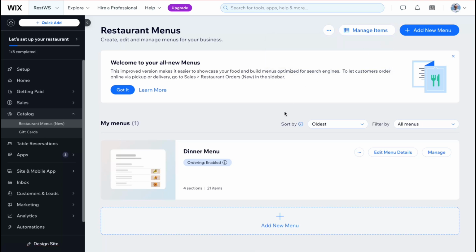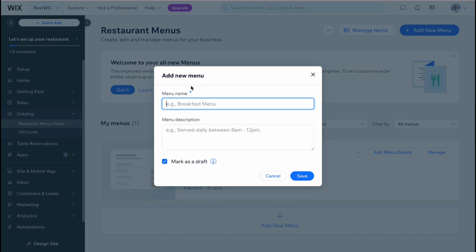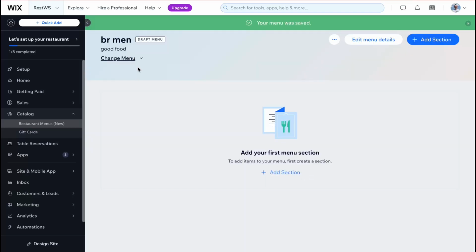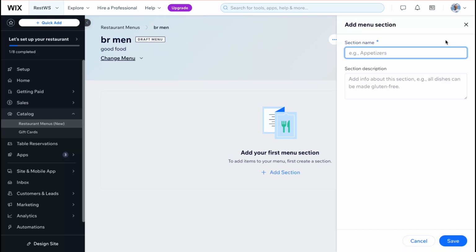And basically we can click on add a new menu, menu name, menu description. So let it be like breakfast menu, good food. Let's click on save. After that, as you can see, we were opened in breakfast menu, and here we can add a section. After that, we can add different dishes,